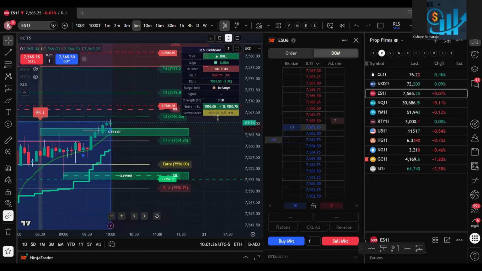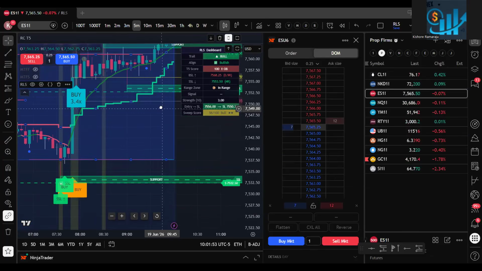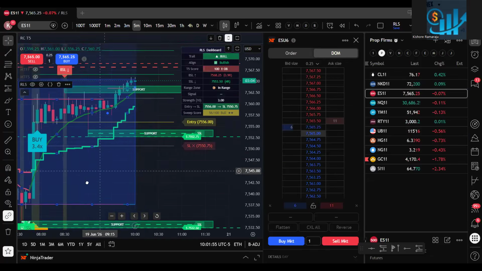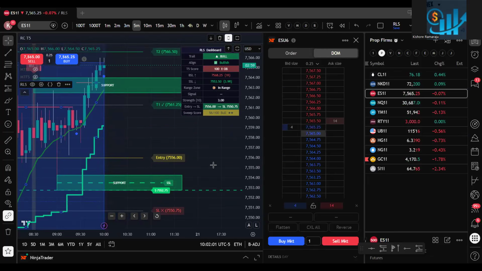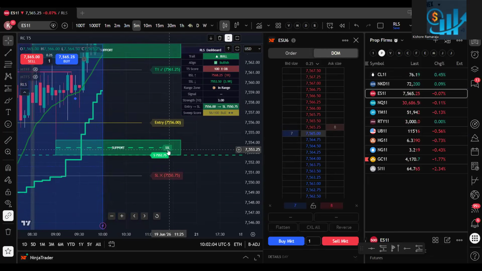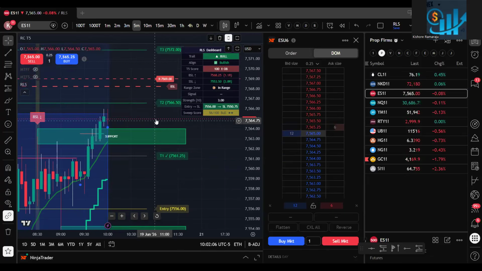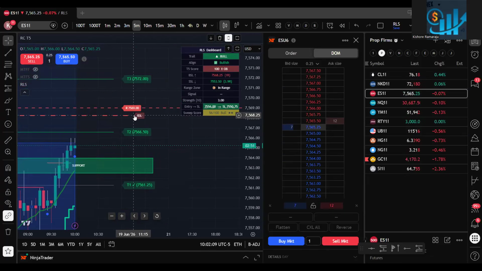That means even before receiving the alerts itself, you know that after 3 or 4 points there might be a reversal on ES. You can use it to book profits there on your long positions, or you can be ready to take a short around this price. If it goes all the way to 75.53, right around this point, you have some sell side liquidity. So you can see here, there is sell side liquidity at 75.53. There is some buy side liquidity at 75.68. That means there is a high chance of it may go up and then start dropping again.